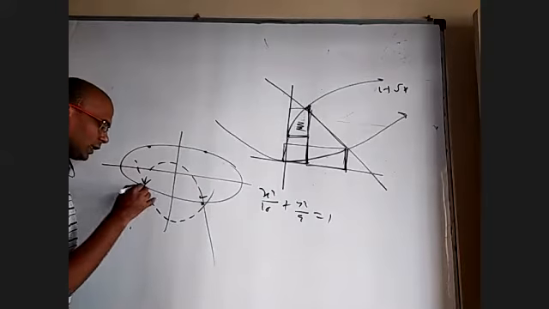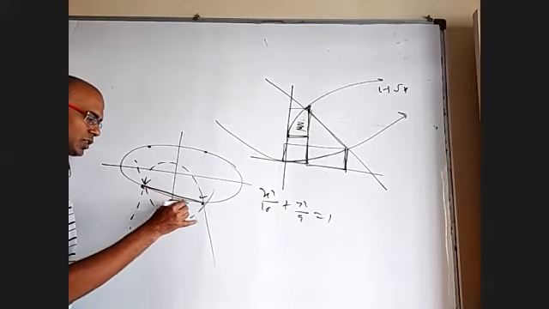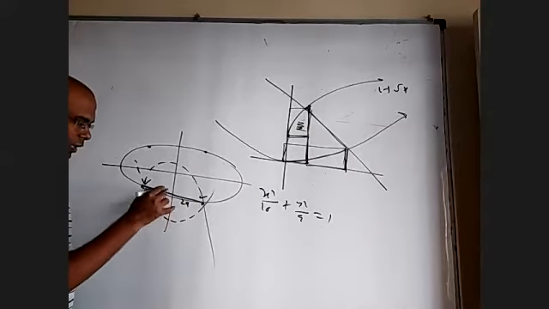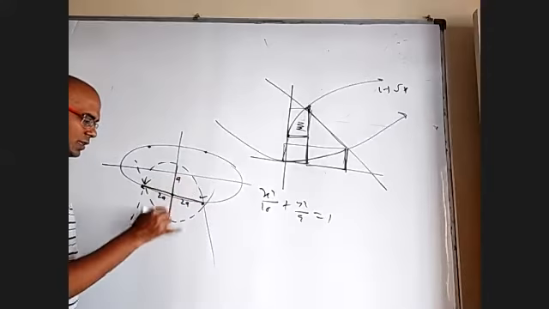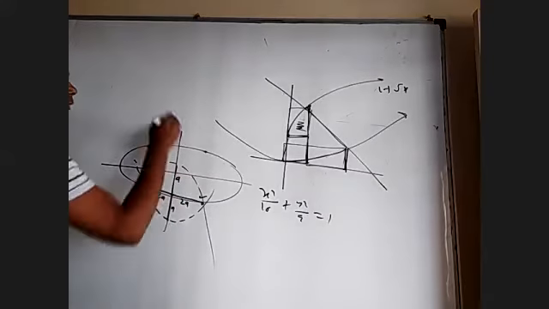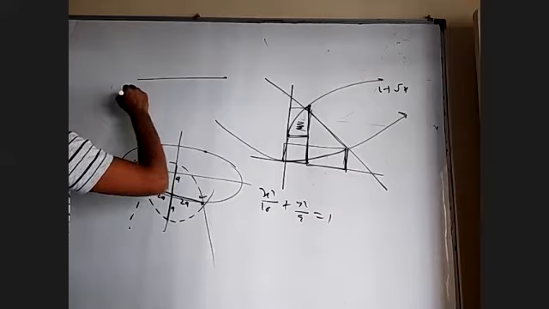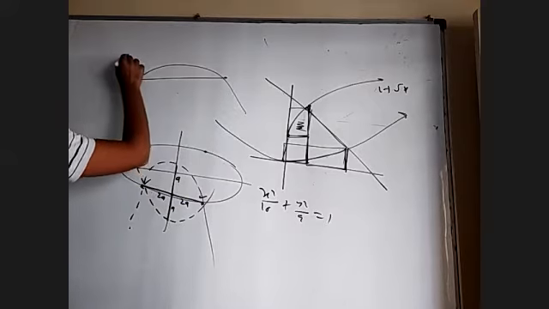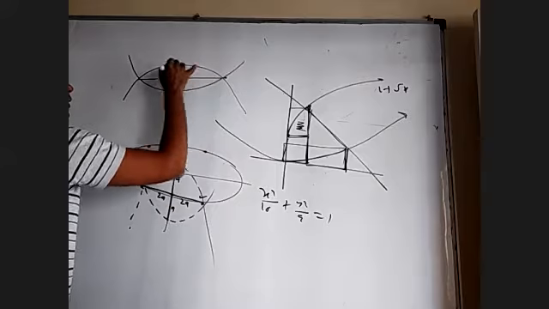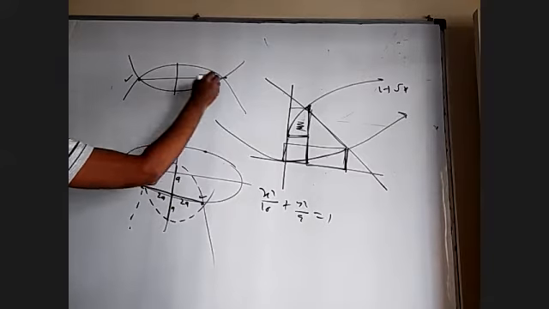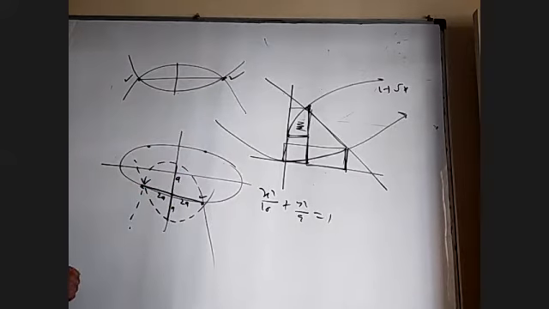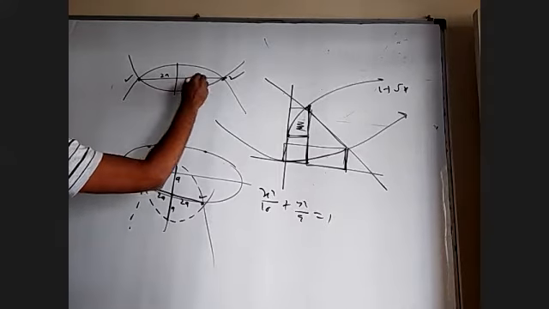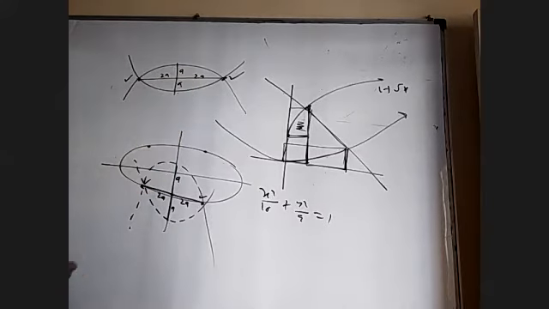I'll tell you why. If this is the latus rectum, I know this is 2a, this is 2a, this total is 4a. And if this is the parabola, I know from the focus this length is a and this length is a. So let me draw this figure separately. I have the latus rectum. One parabola is like this, where this is a, and another parabola is like this. I know this point, I know this point. Okay. And now what is that? This is 2a, this is 2a because this latus rectum, this is a and this is a.